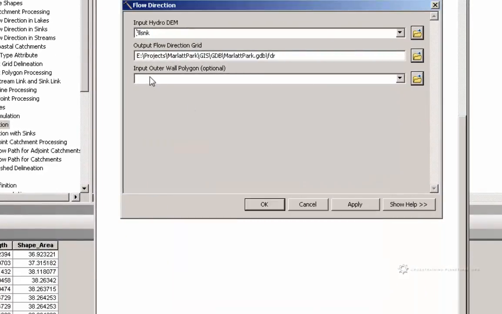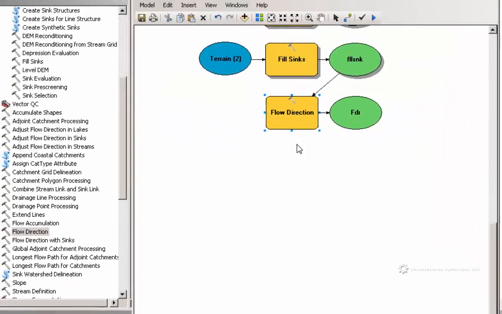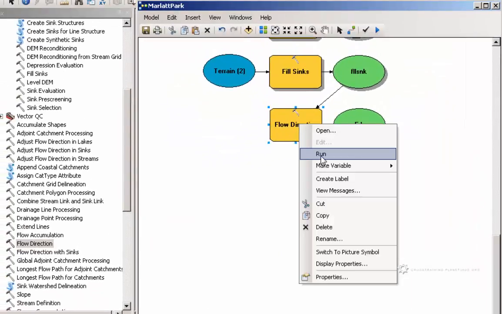And then we have the option to input an outer wall polygon. This can be particularly useful if you have a pond or something that's holding water. We don't have that in our particular map, so I'm not going to enter anything there. So we have fill sync and we have our flow direction going to geodatabase. Everything looks good here. I'm going to go ahead and click OK. I'll right click on the tool and choose run,